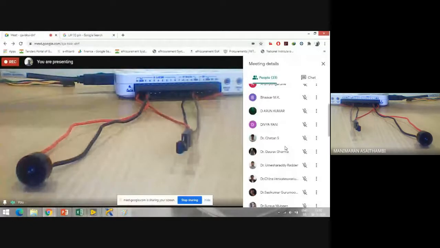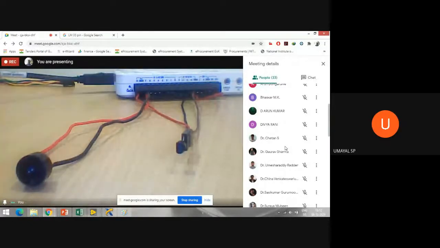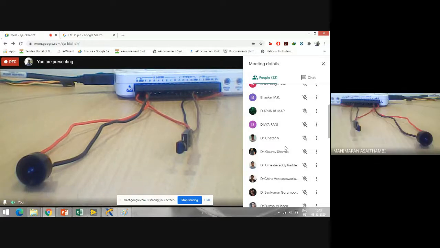Because the sensor is analog, the buzzer is digital. The A to D converter which we are using, the number of samples which we are taking might be more. Okay, that's for understanding how many signals I'm getting.